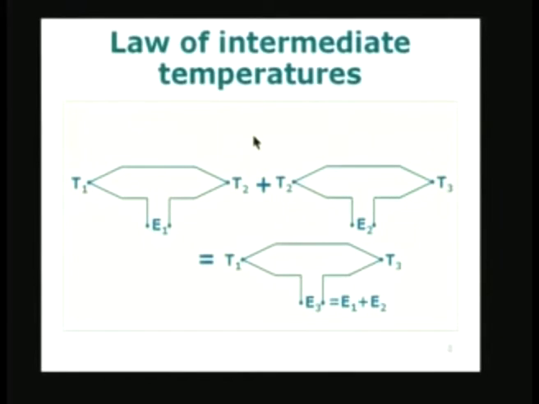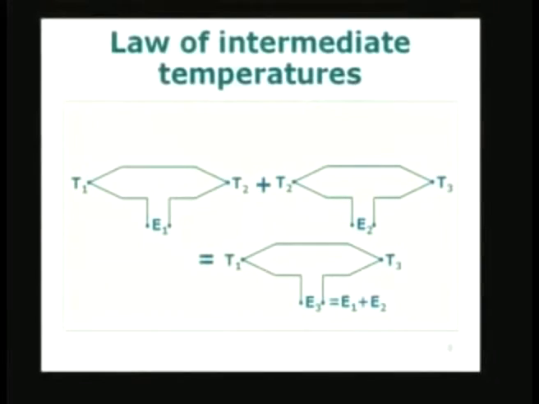So, the 3 laws of thermometry or thermoelectric materials, the first law which said something about the fact that you cannot have any thermoelectric effect in a homogeneous material, whatever may be the area of cross section, however it varies, by applying heat you are not able to get anything out of that.